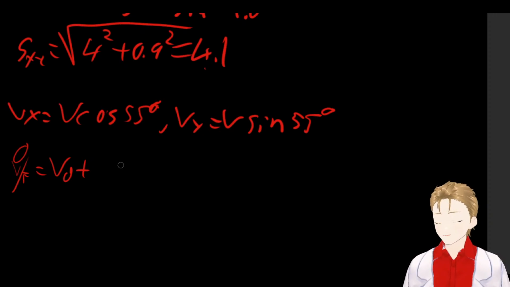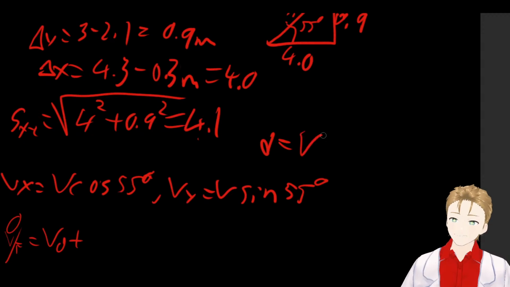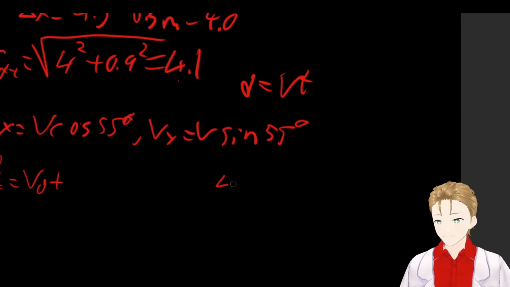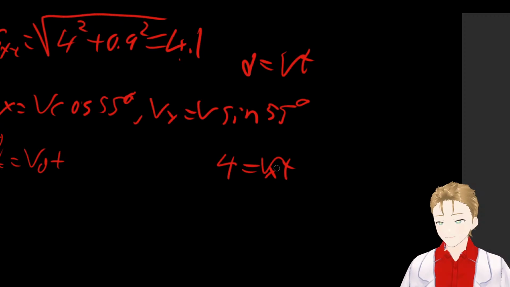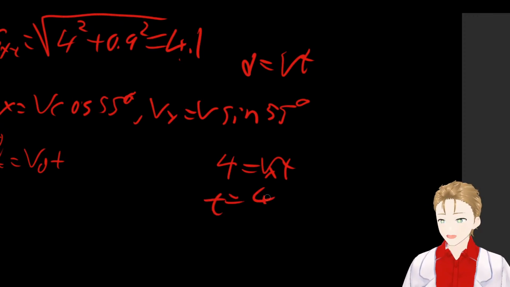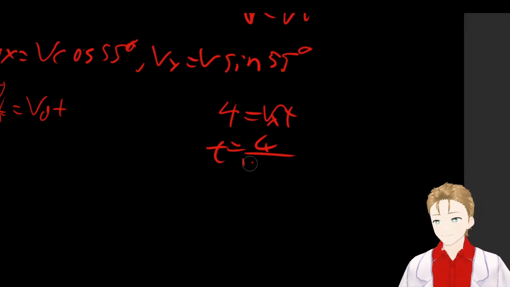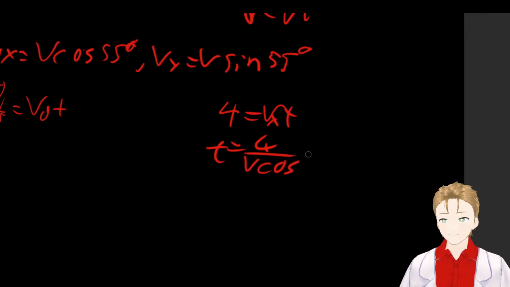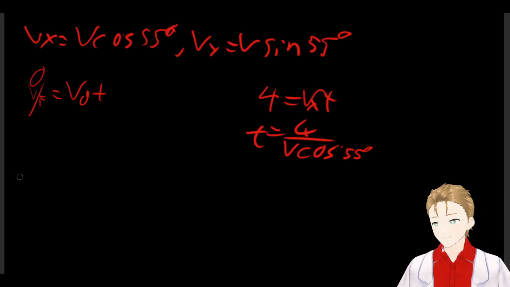Wait, for the x we can use d equals vt. Therefore, we have 4 in the x, which is vt, but vx actually, so t equals 4 over vx, and vx is just v cosine of 55 degrees. If we want to find the velocity,